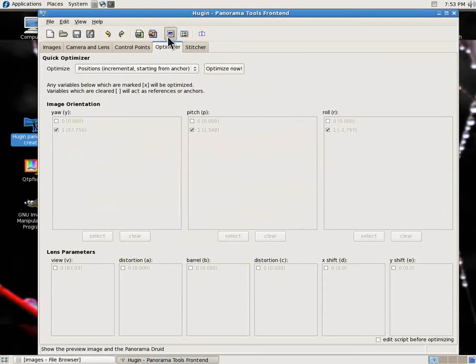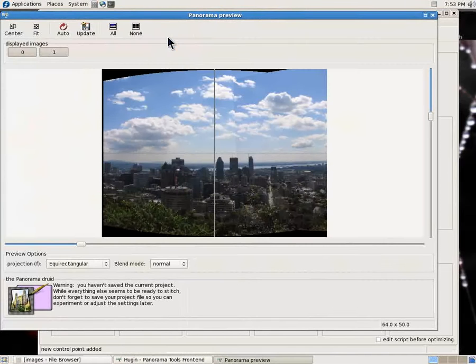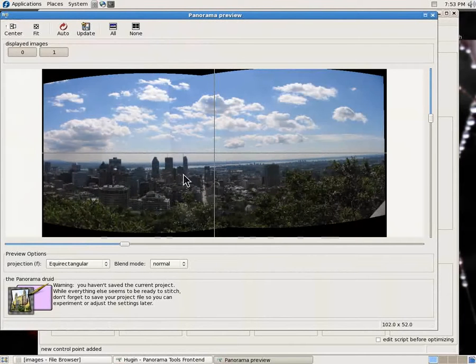When we first go to preview, we'll see that half of the image isn't actually displayed, so we'll hit center and we'll reorient it. The first thing that we notice here is that the horizon is a bit skewed. So we go out of the